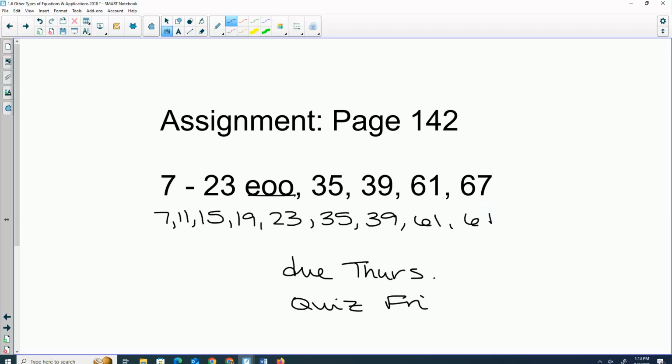Odds. Odds, guess what? The answer's in the back of the book. So do you think if you just hand me a piece of paper that has the answers written on it that you get credit for it? No. I gave you the odds so you can check yourself as you go. But you have to have work to justify your answers. So, those are your problems, and you've got a little bit of time now to